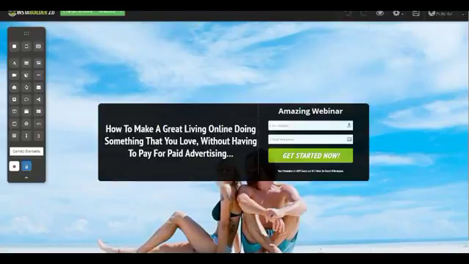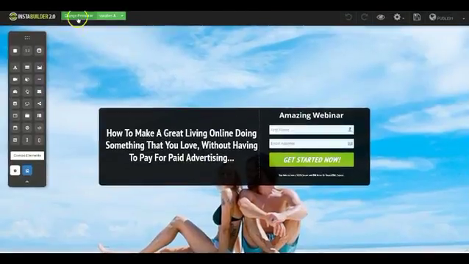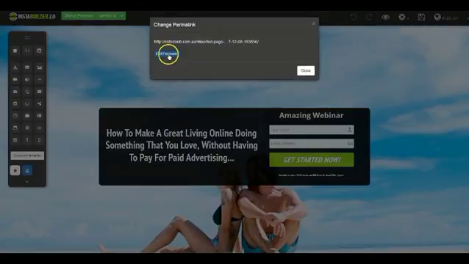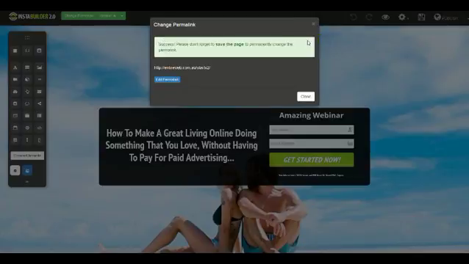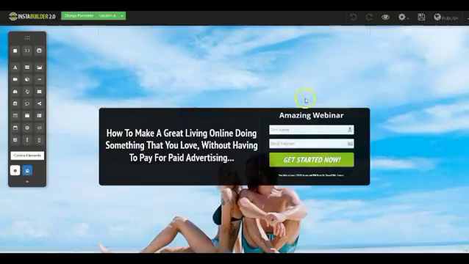Okay, so at the top of the page, just click on change permalink, click on edit permalink, and change this to Startv2 and just click on OK and click on close,